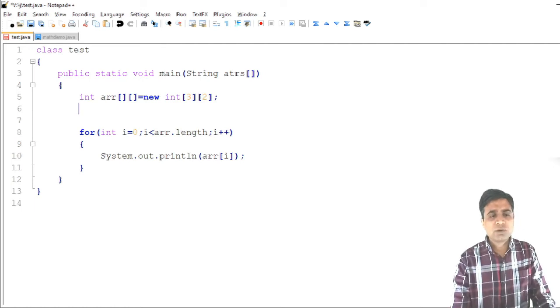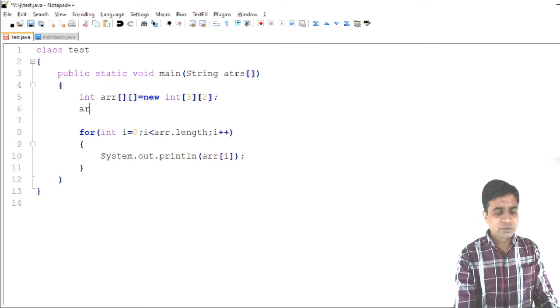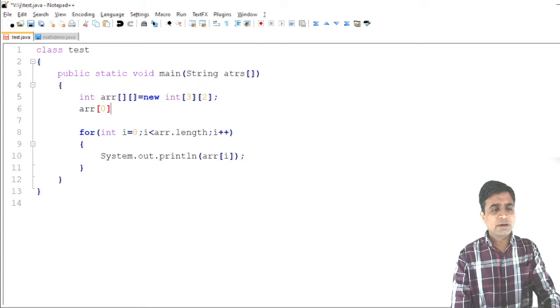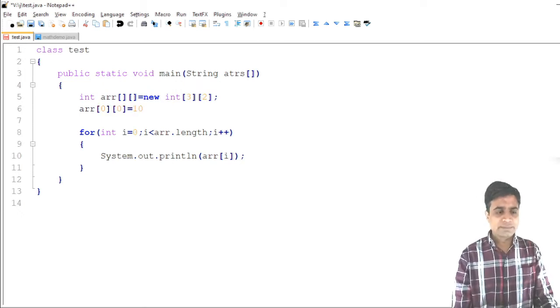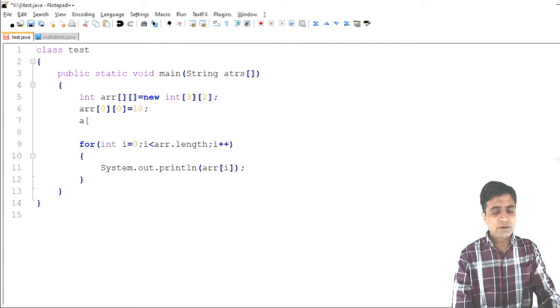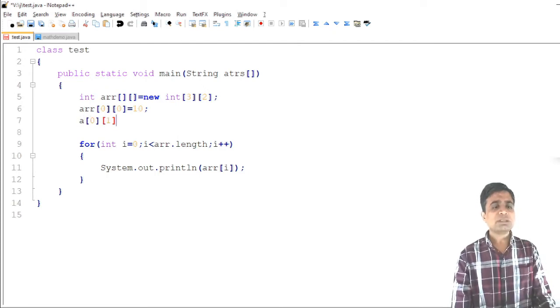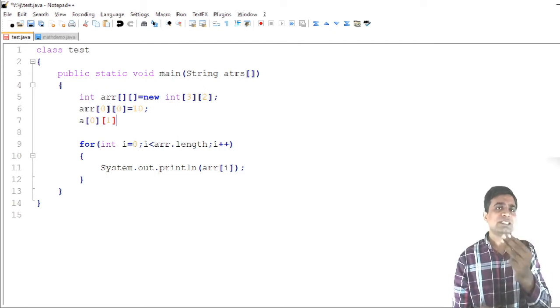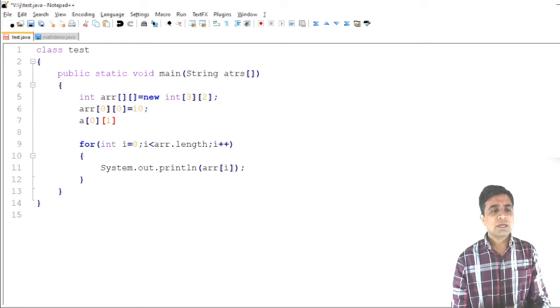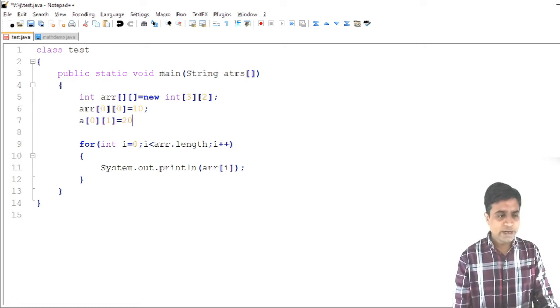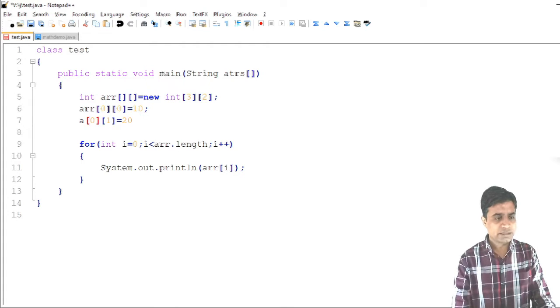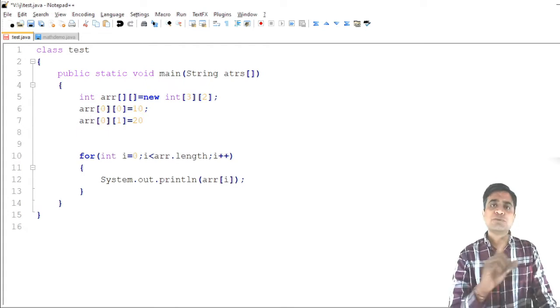Now here I want to initialize the array, like suppose I am writing a of 0 0 equal to 10, a of 0 1, because there are 3 rows and only 2 columns. So 0 1 is equal to 20, and that is arr, our array name. Now the first row is completed.